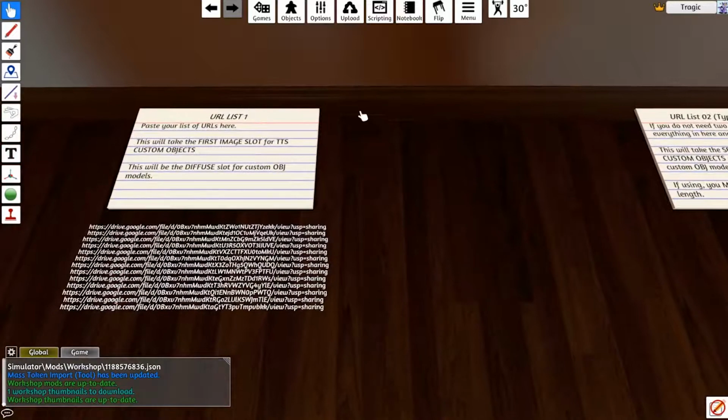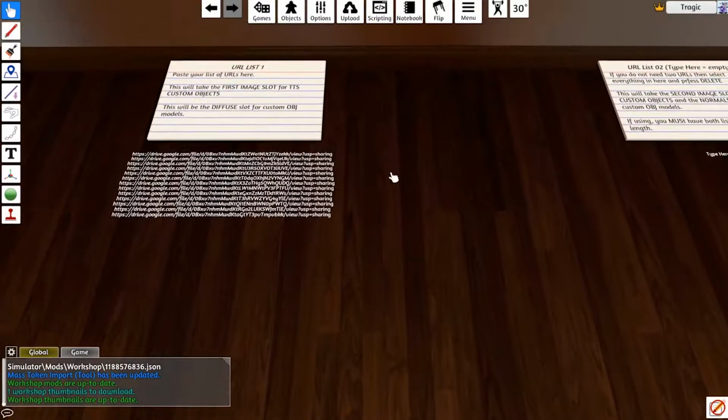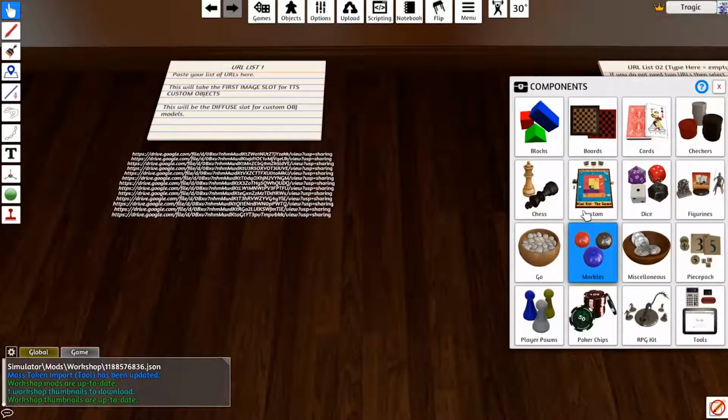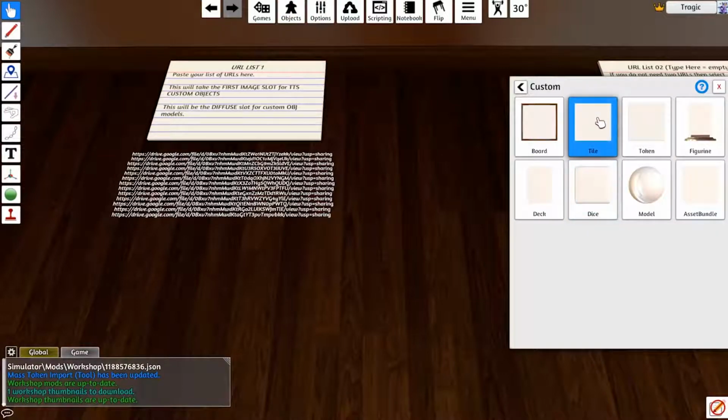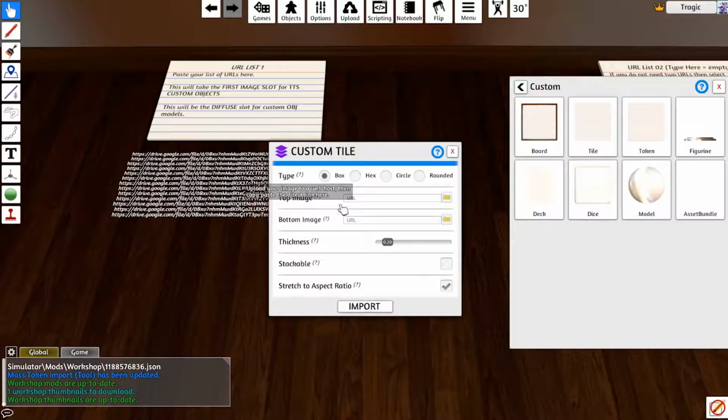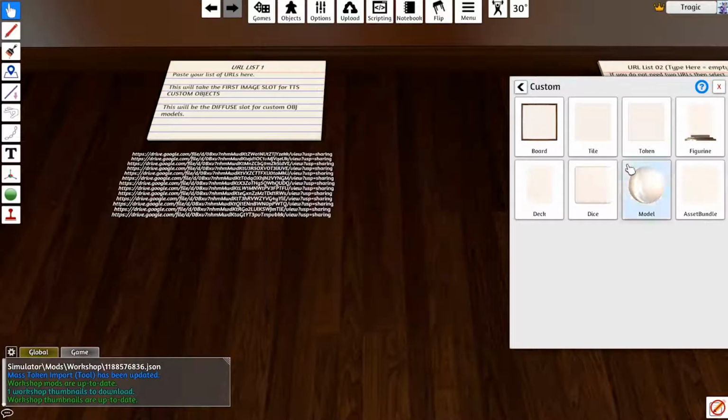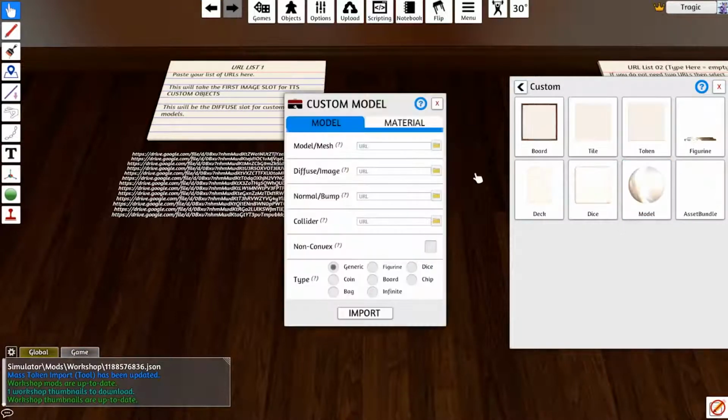And this is URL list 1. So anything in this one will go into image 1 slot, or it'll go into the diffuse slot on custom objects. So if I go to components and I bring out, say, the tile, there's top image and bottom image, and for other things. So this one here will do the top image, or it'll do the diffuse value in